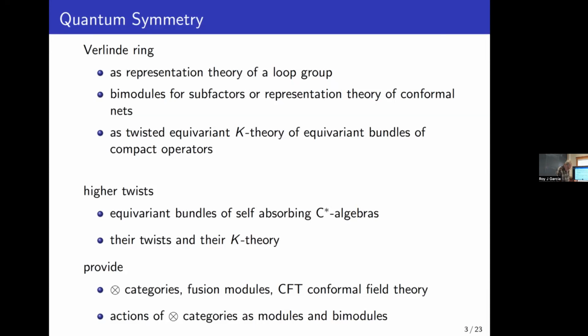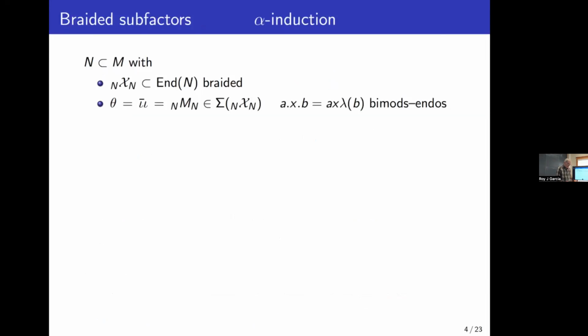Right, so I want to review some of the subfactor theory before I get on to the K-theory. So in the subfactor picture, we have, first of all, a fixed factor N, and on that we fix once and for all a system of endomorphisms, which is non-degenerate, braided, and such things. So that's fixed, N and its system of endomorphisms is fixed. And then you look at inclusions, you vary possibilities of putting N inside a bigger factor,